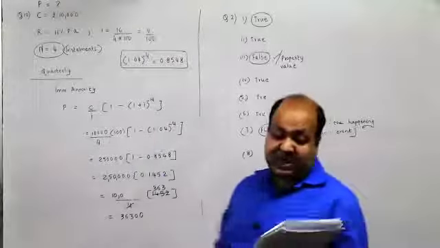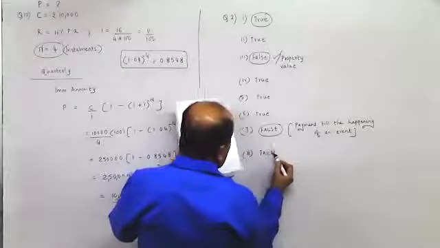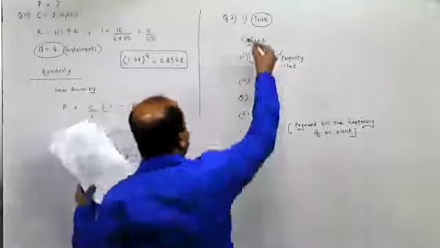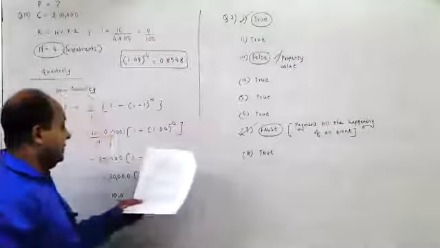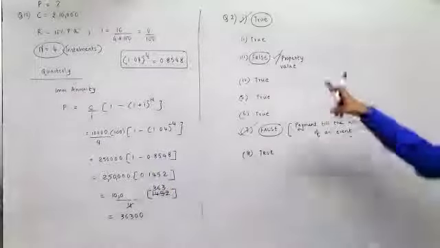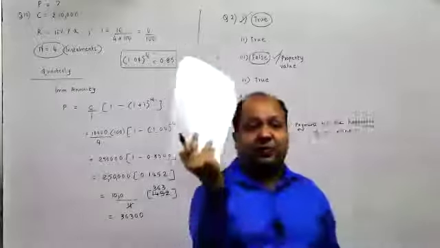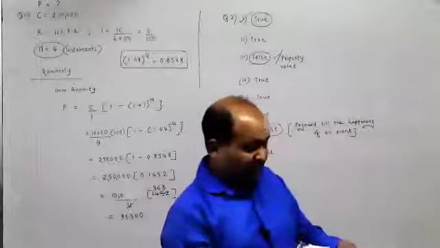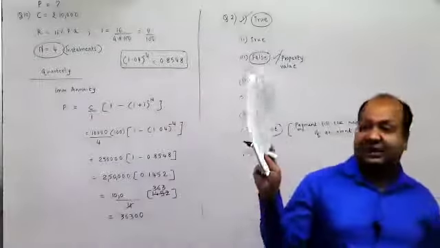An annuity where payments continue forever is called a perpetuity. True. Payment forever. What is the answer given behind? The true. Yeah. So there are two confusing answers. One is the first, and the next one is the seventh one. These are two answers which you need to keep in mind, that do not be fooled by the answer; whatever they have given, you go with it. When you take out your paper for correction, you can always say that it was mentioned in the sheet that it is true or false, and therefore your answer is correct. Or else they should come up with a circular saying that this answer is wrong.